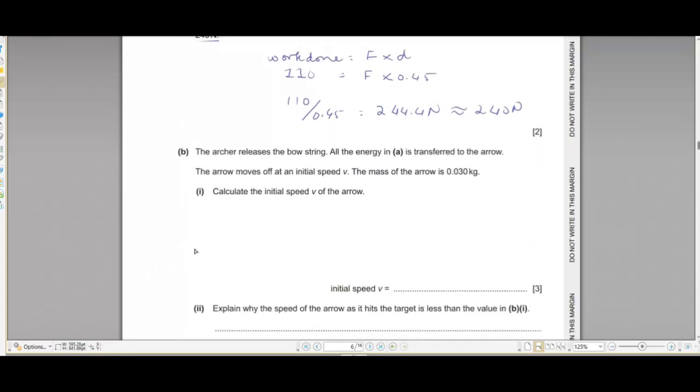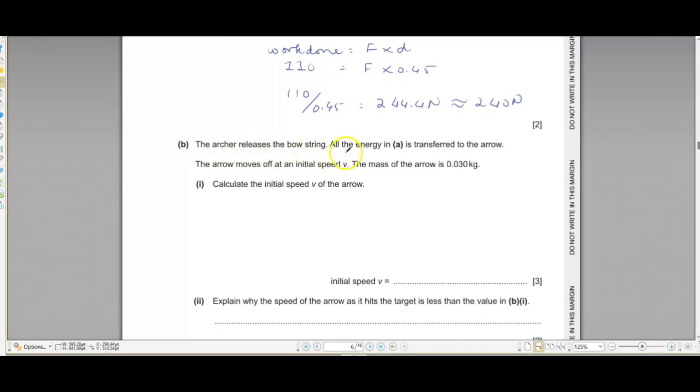Okay, moving on. The archer releases the bowstring. All the energy in A is transferred to the arrow. The arrow moves off with an initial speed of v. The mass of the arrow is 0.030 kg. Calculate the initial speed v of the arrow. Okay, now we can see that